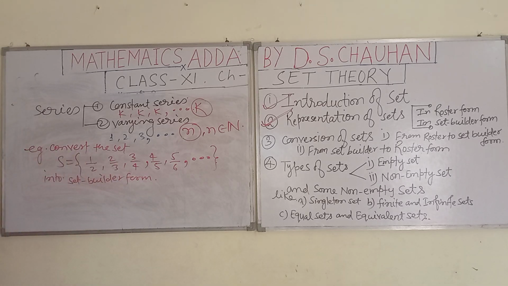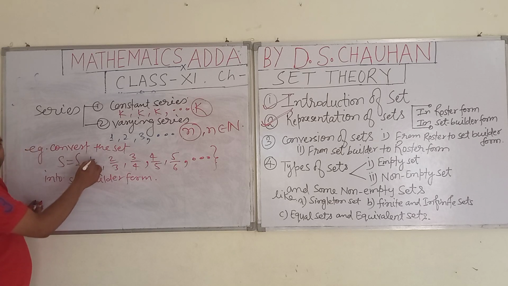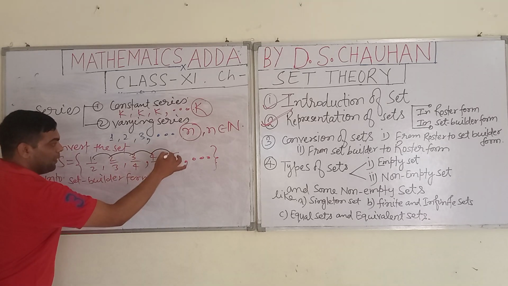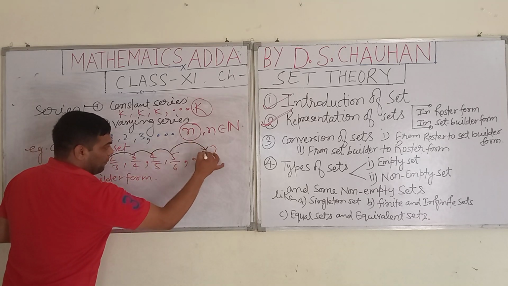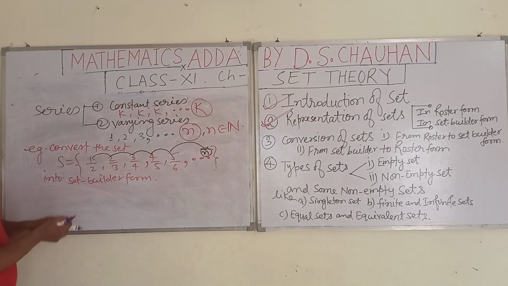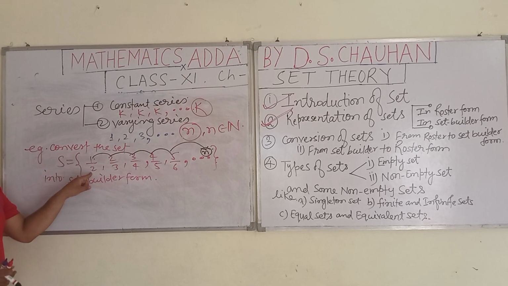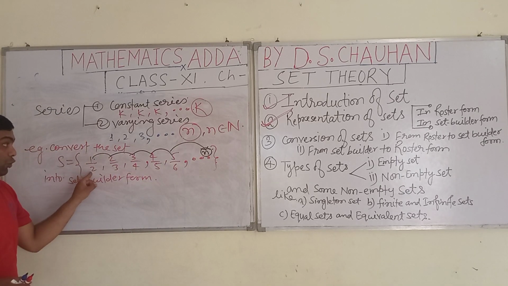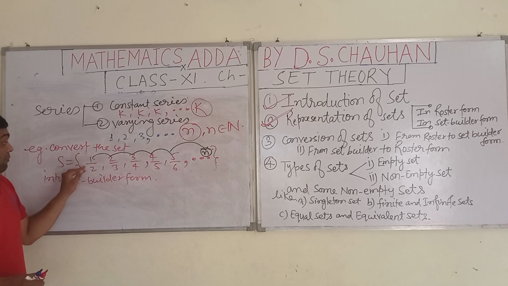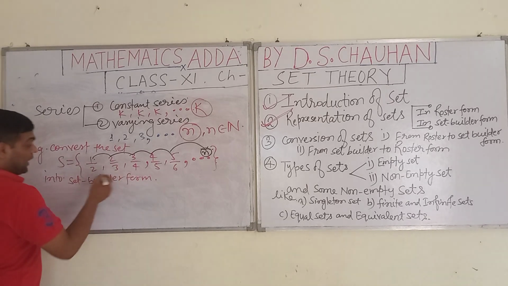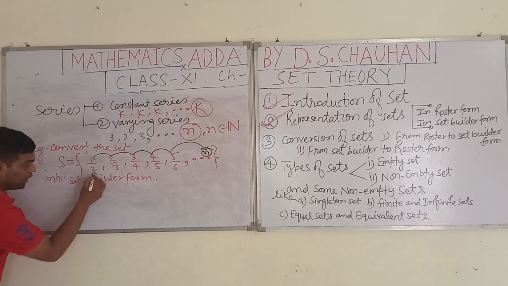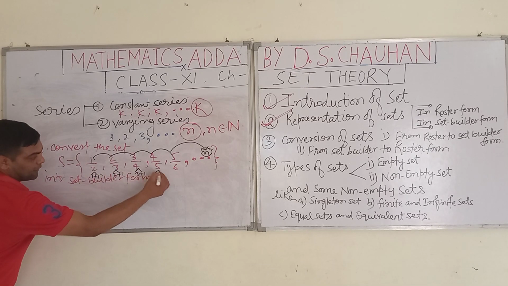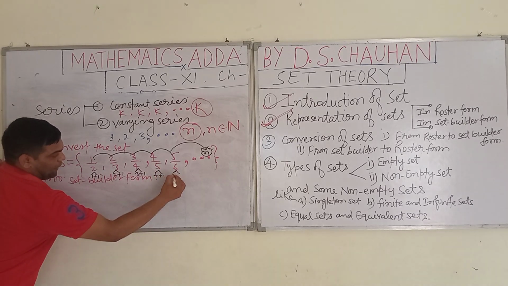I am telling you, if you check the numerator, it is a varying series 1, 2, 3, 4, 5. Up to which place can it run? n. And here the denominator starts from 2 while the numerator starts from 1. So up to n, this is starting from 2, just one more. So what can we write? For the 2 we can note down 1 plus 1, this is 2 plus 1, this is 3 plus 1, this is 4 plus 1, this is 5 plus 1.